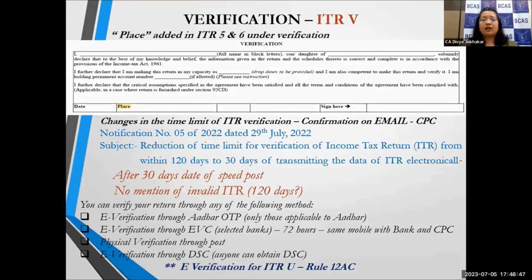ITR verification is explained by Rule 12, which lists the ways in which you need to e-verify your return. For those individuals and HUFs applicable for tax audit, you have to mandatorily use your digital signature. You can skip the digital signature if you're not applicable to the tax audit provisions. In that case, you can do EVC, electronic verification code,